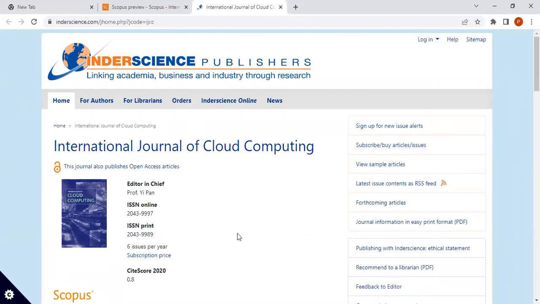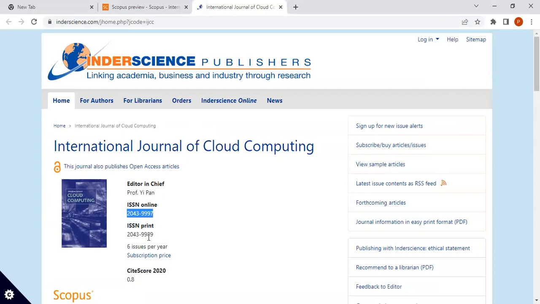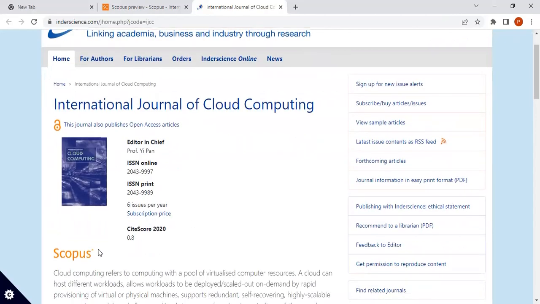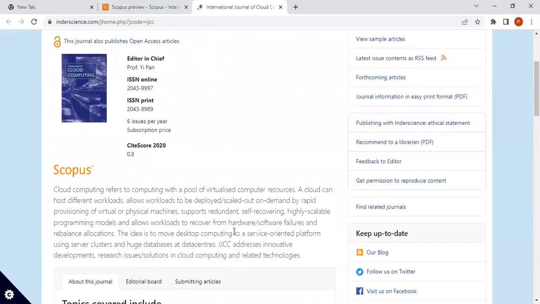To avoid those problems, what can you do? Find the proper journal, search in the Scopus database, go to the source homepage in the Scopus database, and go to the actual website or web link of that journal. You can see the International Journal of Cloud Computing is there. You can see the same ISSN number. You can see Scopus is there. So the database is the Scopus database. They have also mentioned it on the journal